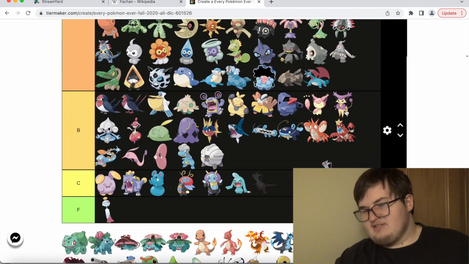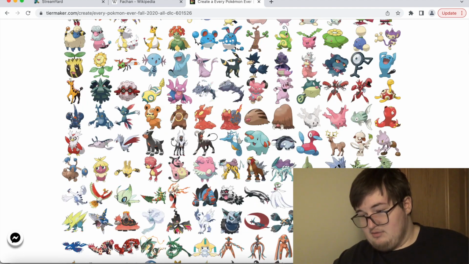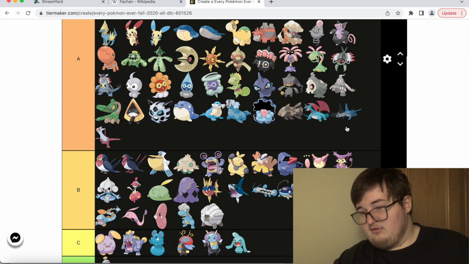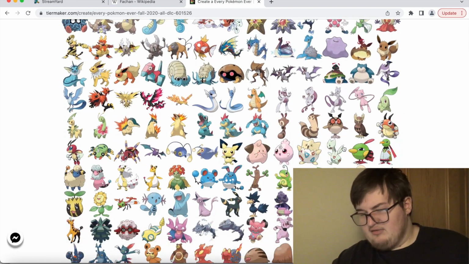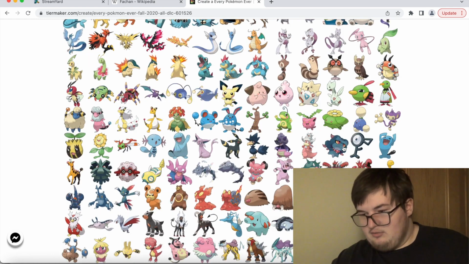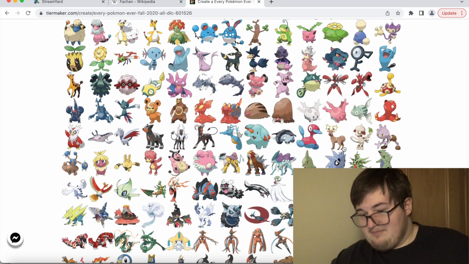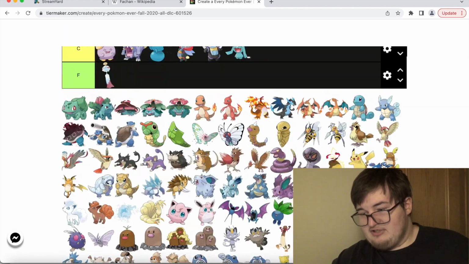I wouldn't put them in S tier, but they're pretty damn close. Like, these designs fill me with joy, and they're really good, and they're jets, and it's really cool. Some of the best legendary design, just in general. And to be honest, speaking of really good legendary design,